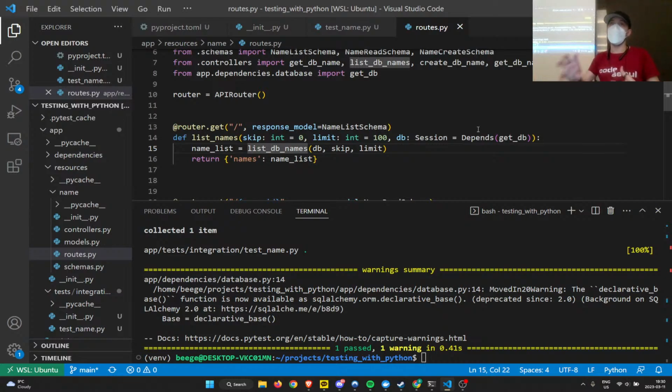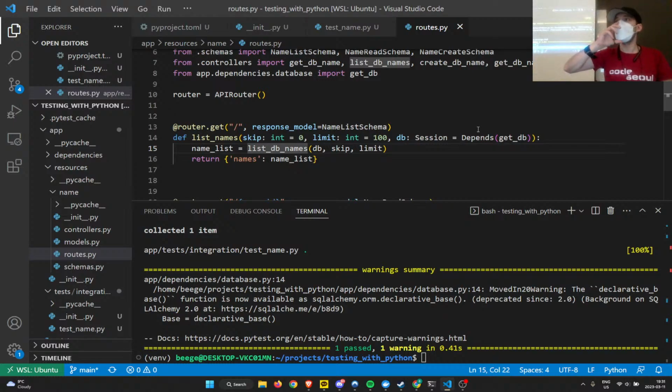So for unit tests, we would take those other functions being called by the function under test, and we would mock those. We'd basically replace them with a fake function to isolate the code that we're testing to only the function under test. Does that make a little more sense? We're going to have an example in a little bit after we finish this functional test. So this is a functional happy path test. Okay, we're testing a successful request with the inputs we expect and with the outputs we expect. So that's happy path. And then it's a functional test because we're testing a single system level operation, which is requesting a list of names via the API. Okay, so far so good?